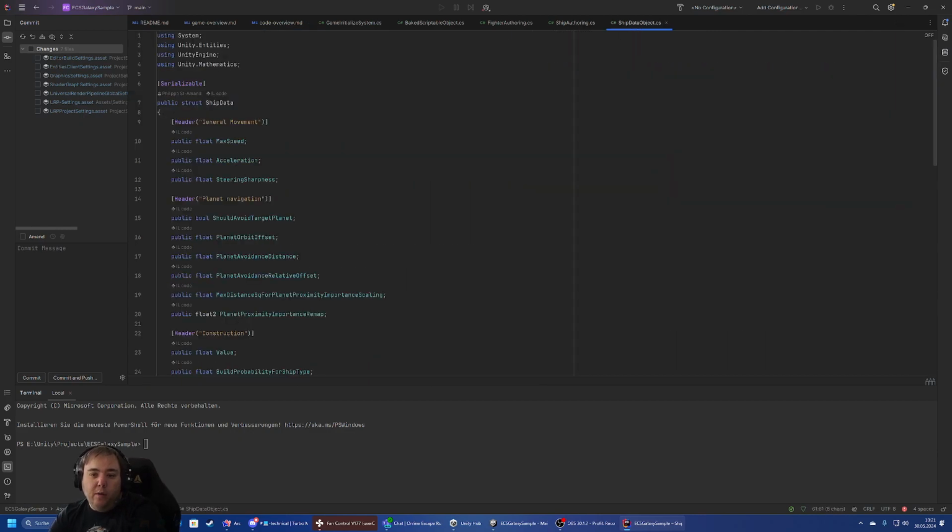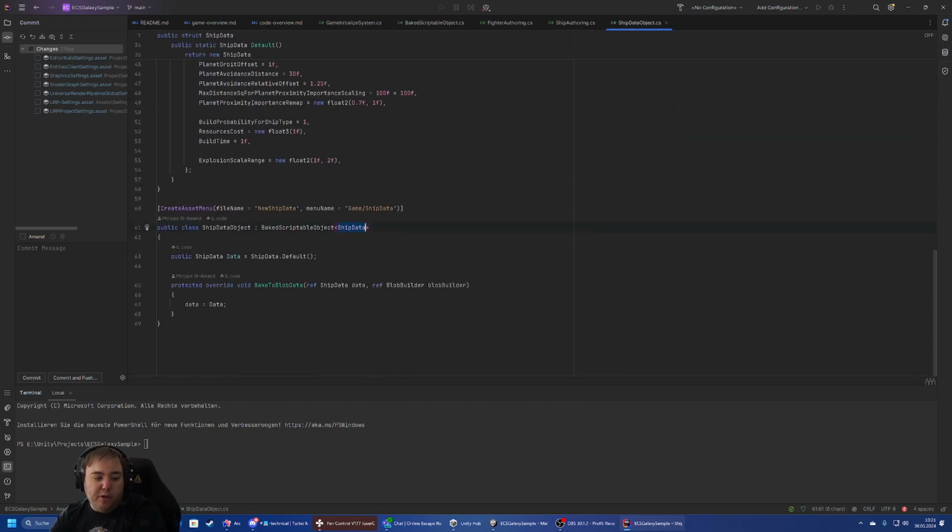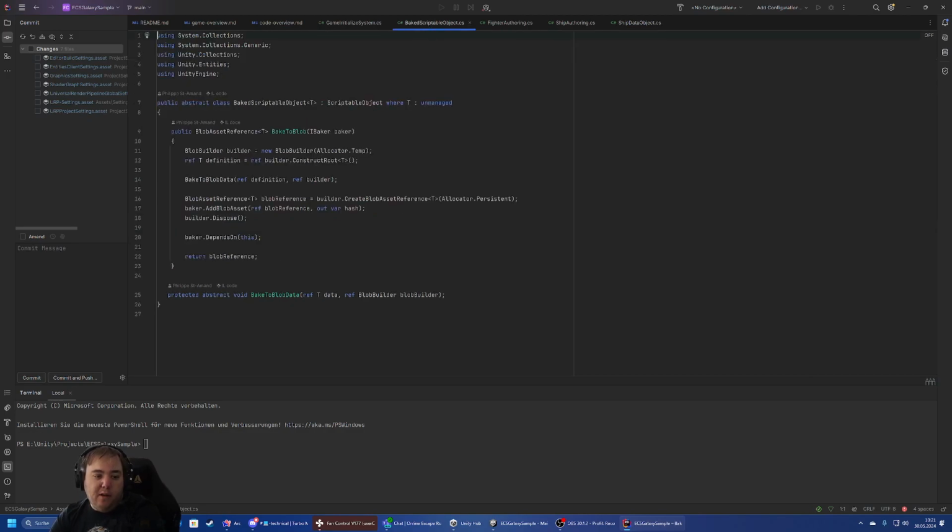So how this works is we have scriptable objects that use this baked scriptable object base class, and that basically bakes the data to a, what should we call it, blob asset. Now that's probably why they are using scriptable objects, so they can just wrap all this data inside a struct. Now you could also just put a struct on the authoring component and then bake that down into a scriptable object. So there isn't